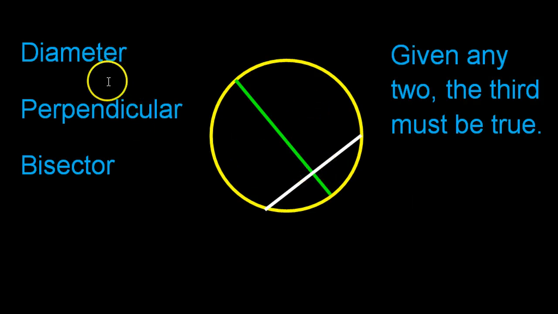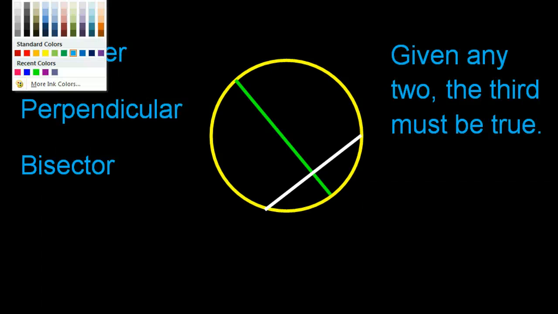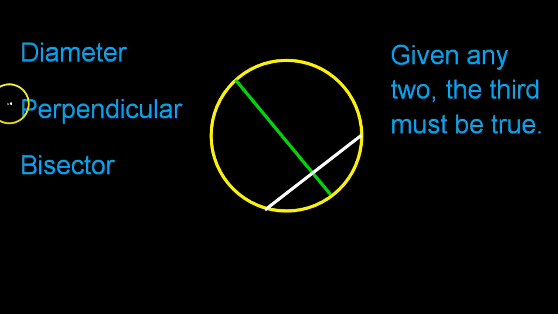Alright, quick side lesson here. These three concepts are closely related. Hold this picture in your mind and focus your eye on this chord, the green chord. Given any two of these three qualities, the third one is automatically true. So in other words, let me check these off. Say if I told you that this green chord is a perpendicular diameter, we could conclude that it is also